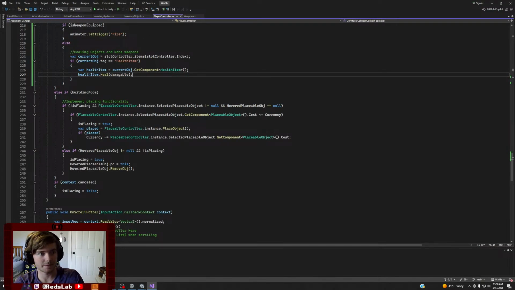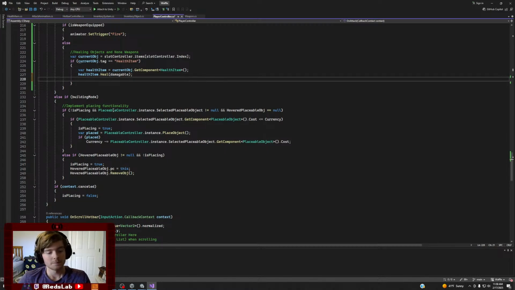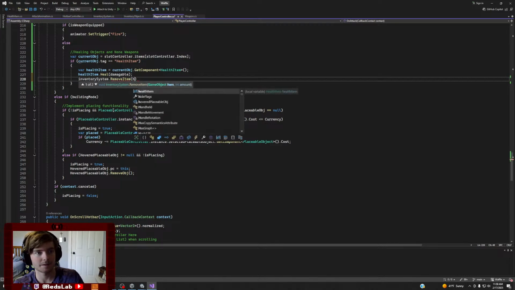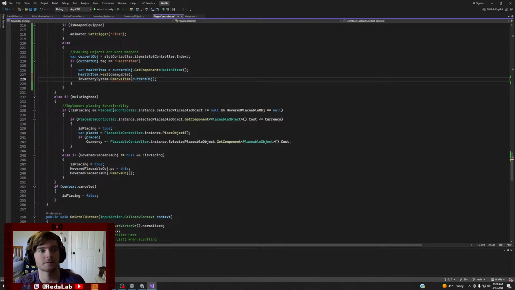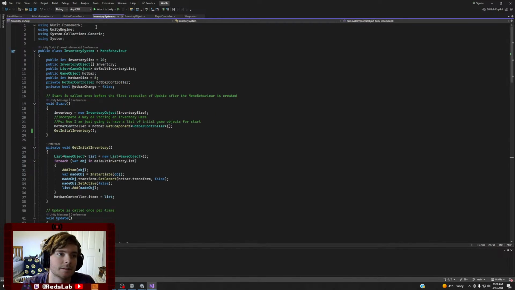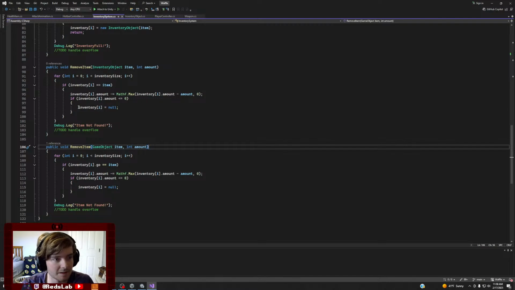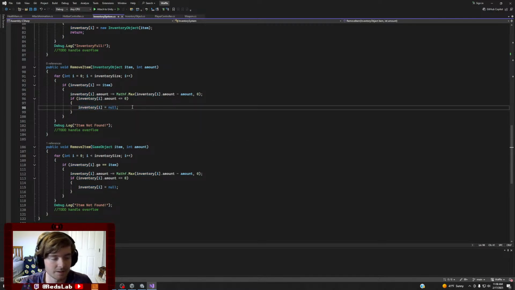And then we're going to basically do an inventory system dot remove item. We're going to do current obj, and then we're just going to do one, like so. So now that should remove our actual thing. So then on our remove item, we set it actually equal to null right here. Then we'll do a if